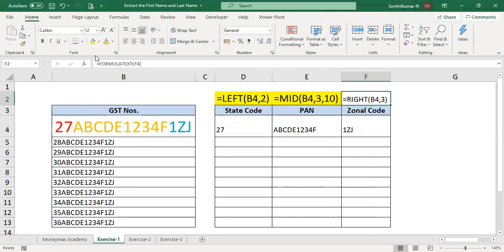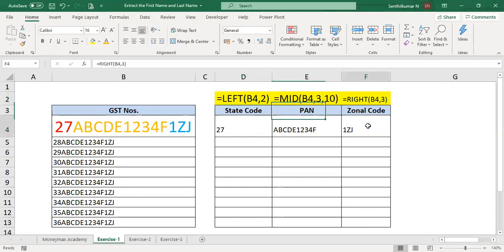Can everyone understand? In this given data, the GST number contains the state code, PAN number and zonal code. The state code has 2 digits, so we have used the left formula to split the state code separately.